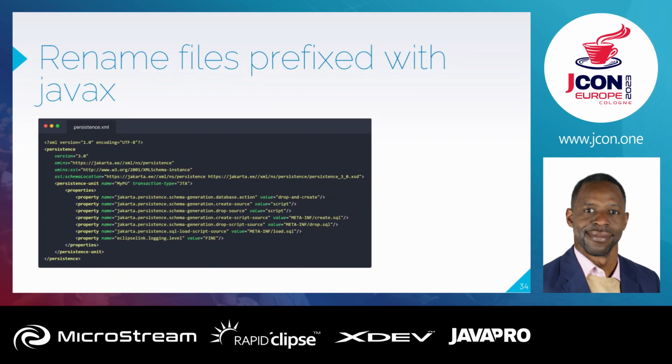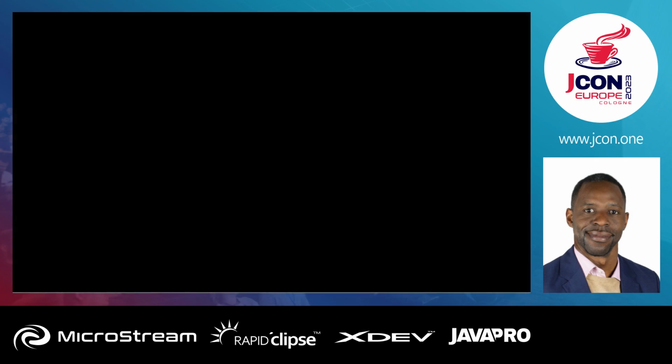The namespace went from JCP to Jakarta EE, and we're using persistence 3.0, so we changed the version. Everything else is the same, and the properties start with jakarta, but everything else afterward is exactly the same as Java EE. And then once you have done all of that,